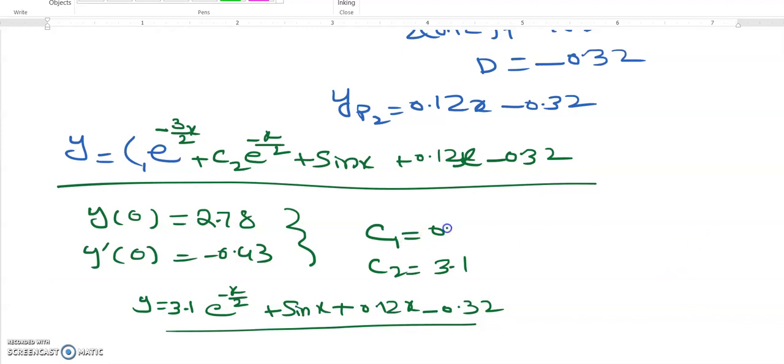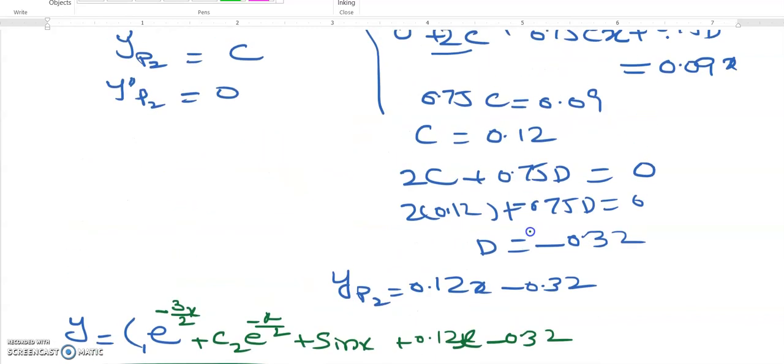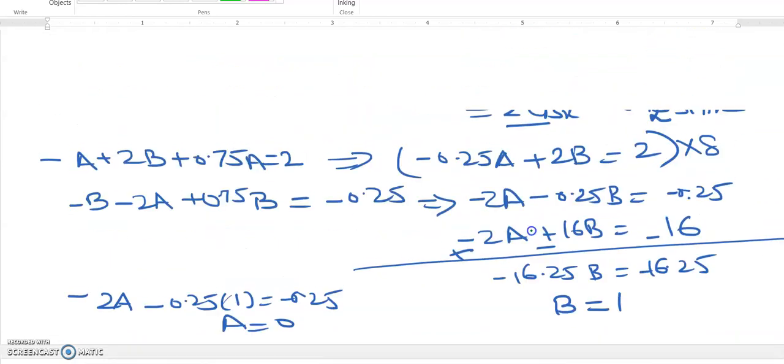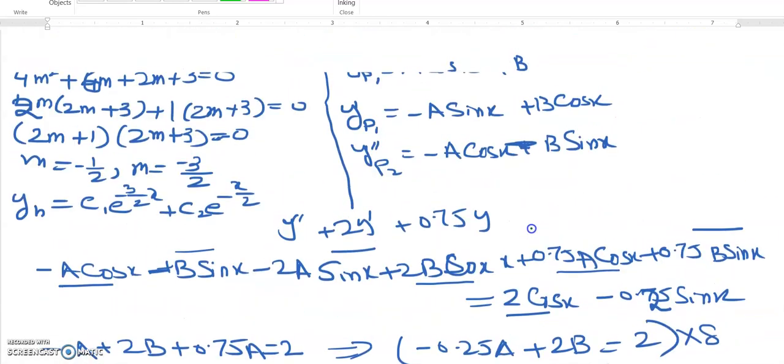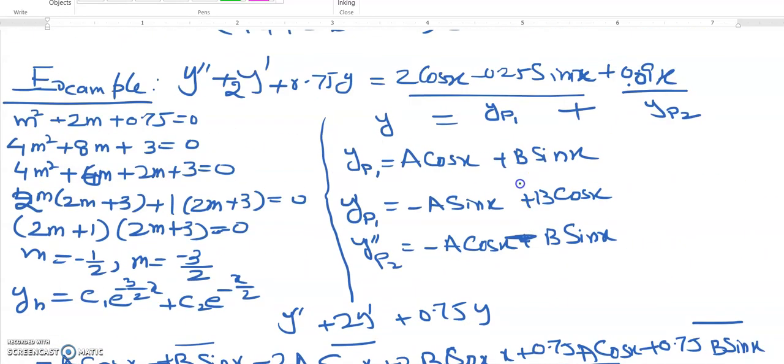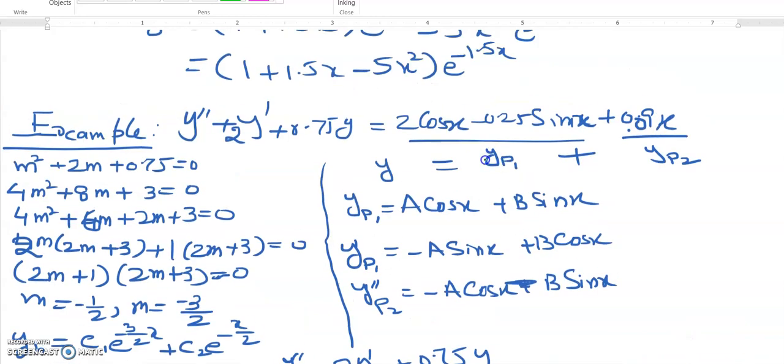So the main lesson we learned in this example was that we have applied the sum rule. That means if the r(x) function is the sum of two functions, we can make the sum of that